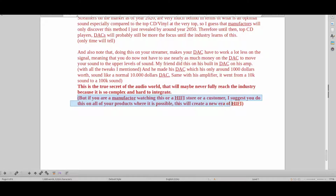And if you're a manufacturer, a hi-fi store, a customer watching this, I suggest you do this on all the products where it's possible. This will create a new era of hi-fi. This will make everybody want to have a piece of hi-fi equipment. There is so much gear out there that is only going at around 10, 15, 20% of its potential. If you did all of this stuff that I'm suggesting, we would move that potential from around the 10 to 20s, more like, I don't know, 60, 70%. I mean, that's a huge thing. Of course, it also depends on many other variables, but